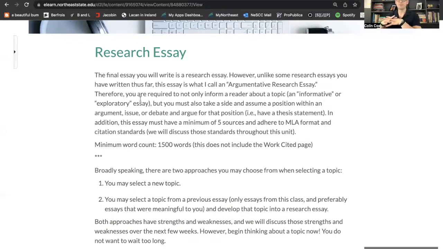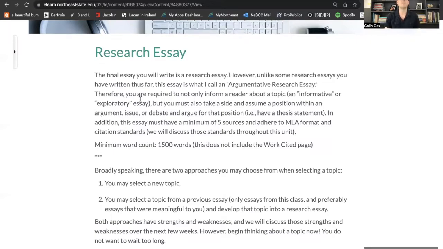It is not enough for you to select a topic and then compile information about that topic and present it in an essay. You also need to do the work of supporting and developing an argumentative claim or position about whatever topic you select. And you can also see here from the prompt, when thinking about how many sources do I need, you need at minimum 5.